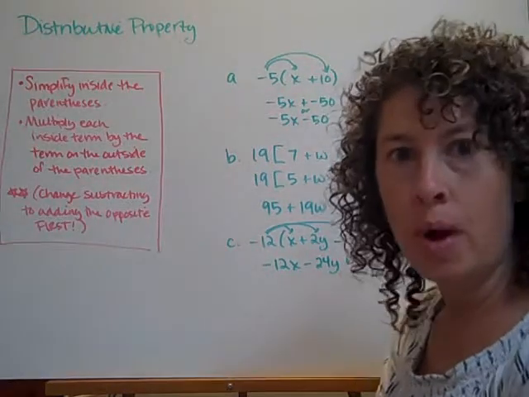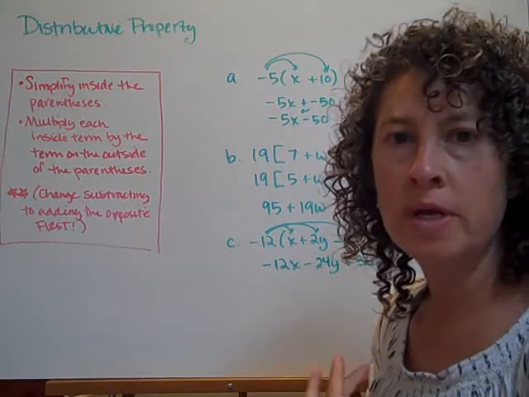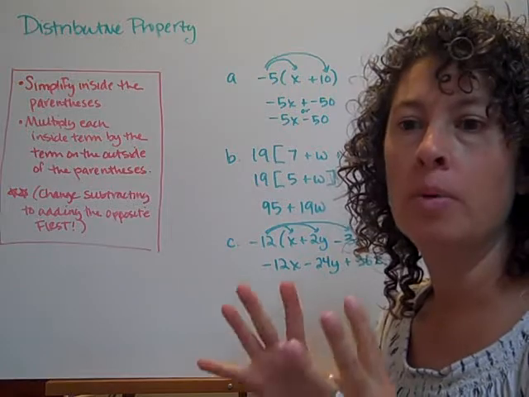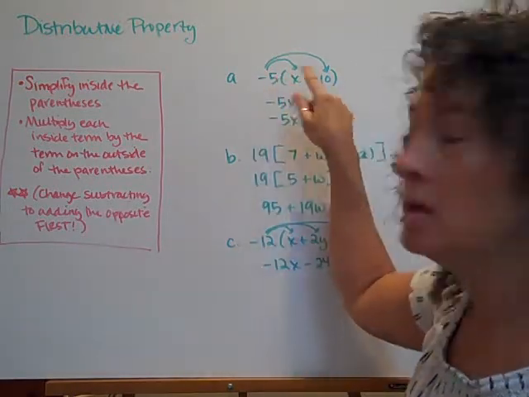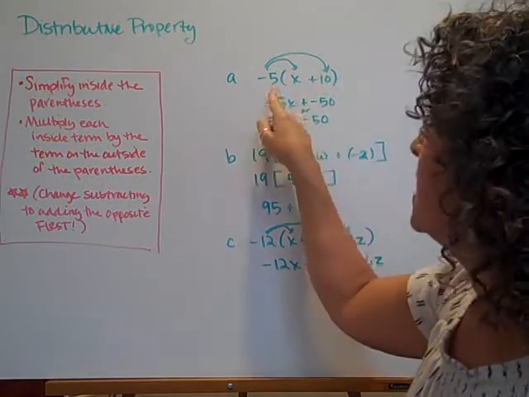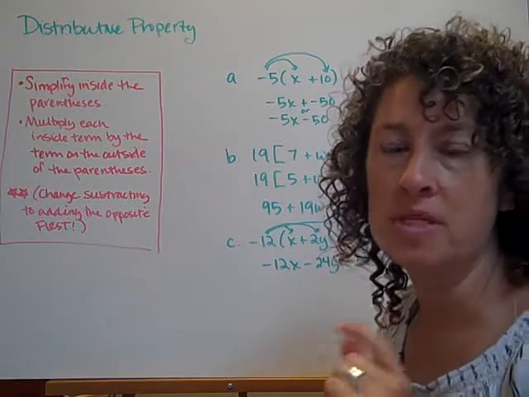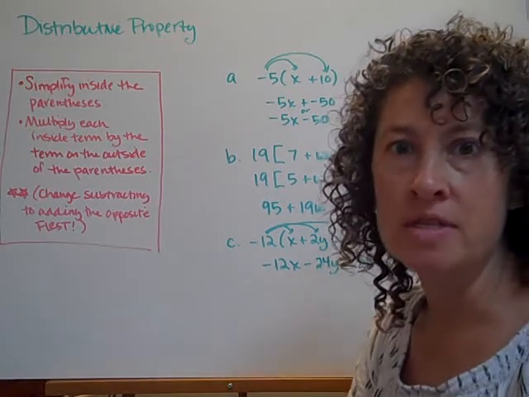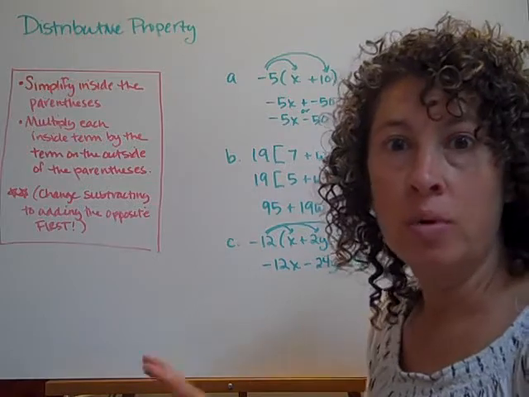The distributive property. This is a property that deals with multiplication and parentheses, and we're going to be using this within solving equations. We're going to see a set of parentheses, and there may be some adding or subtracting inside the parentheses, and outside the parentheses in the front, we'll be multiplying the parentheses by something. Just like our order of operations, PEMDAS, we want to deal with parentheses. So we want to get rid of the parentheses by doing what they're asking us to do.